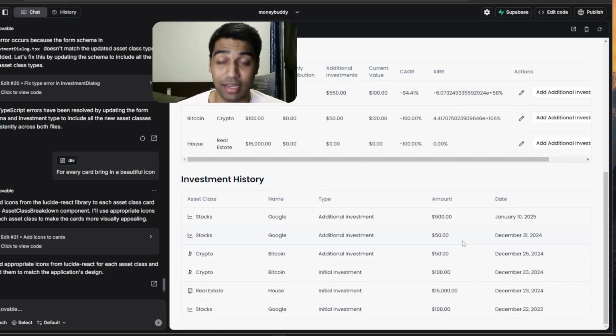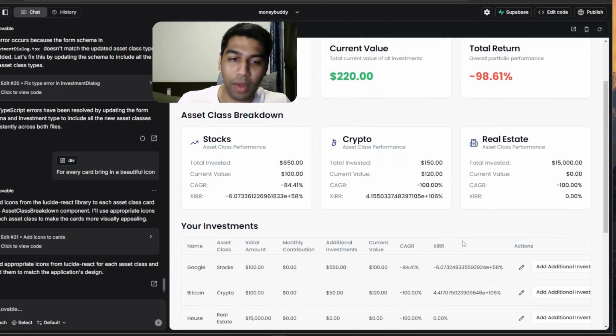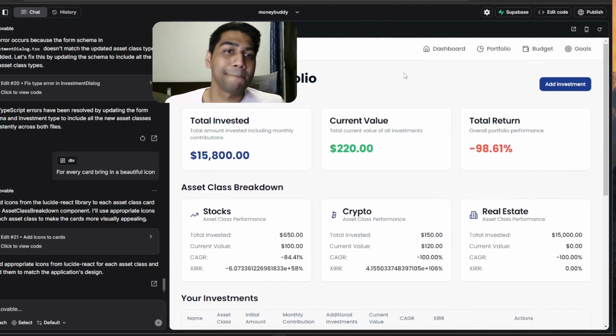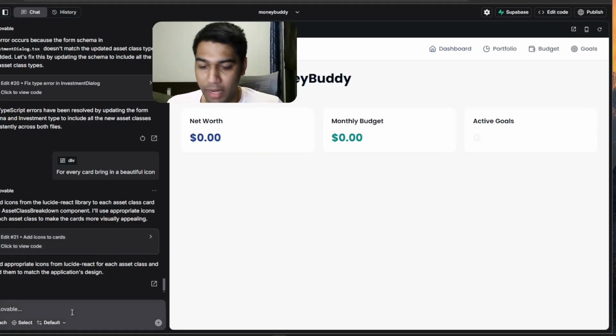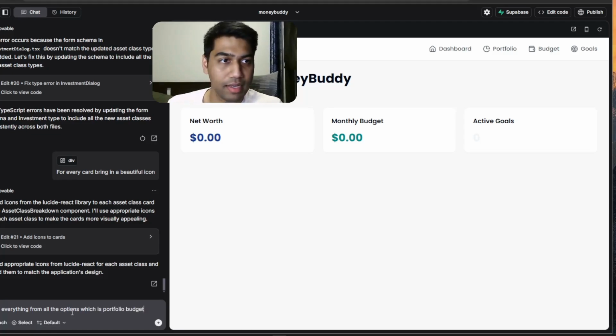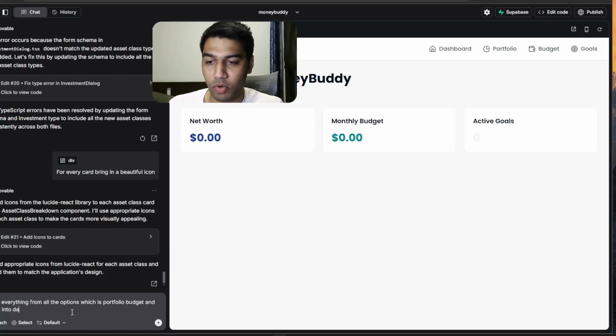This is amazing. I really, really love this, right? And that's what I wanted to create. And this is looking much better. Now, let's come back to the dashboard, right? Now, bring everything from all the options, which is portfolio, to budget, and goals into dashboard in a beautiful format